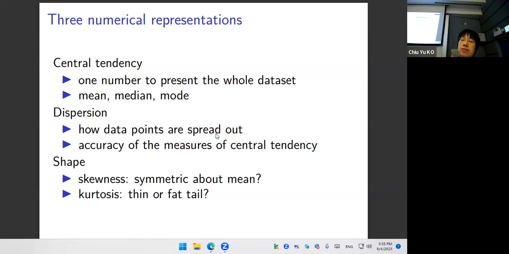Okay. In some sense, it's more like comparing the location of the mean and median, right? The median is in the middle, right? If the mean is below the median or above the median, it would be different, right? Just imagine the case where you have a lot of poor people or a lot of rich people, right? That would be important. And that will affect how you look at the data, right? Because it's actually telling you further information about the dispersion, right?